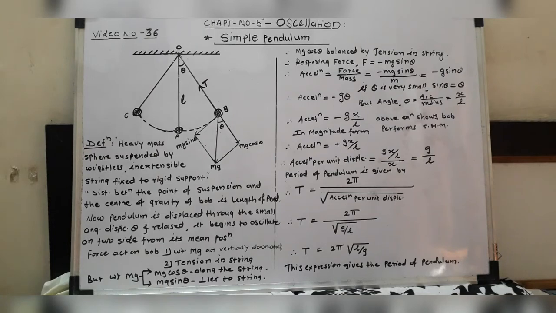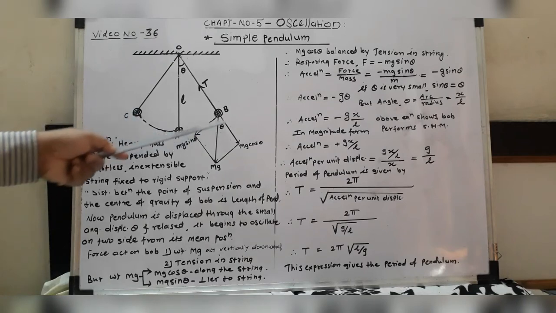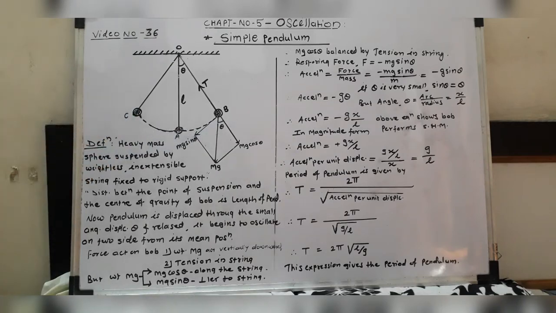Now we can displace this pendulum through a small angular displacement, that is theta, and release it. Then this pendulum begins to oscillate on the two sides from its mean position. That means here, then mean position, then here, then mean position, like this. This pendulum begins to oscillate on the two sides of this mean position. But in this displaced position,